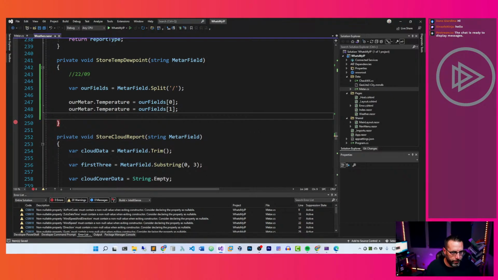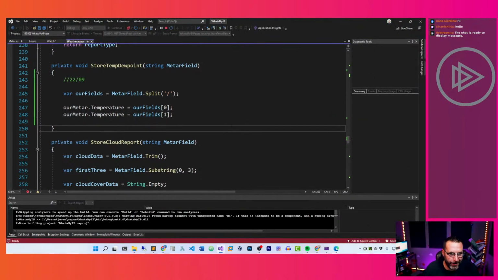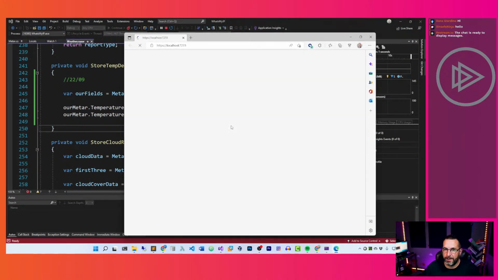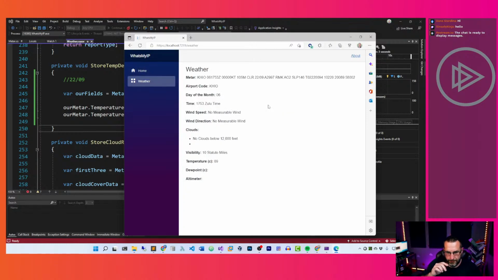Now this should work. We should even be able to take out this breakpoint and just run it. Just run it and go. And we're a little mixed up. As I remember, our dew point was 0.9. So,